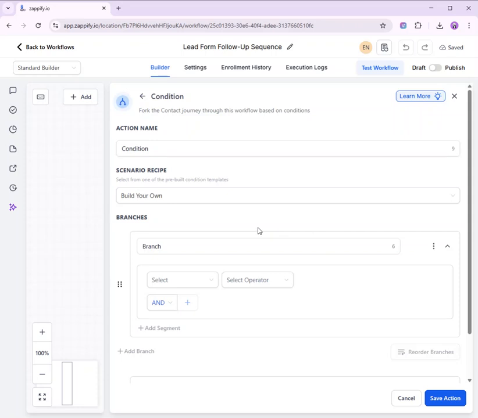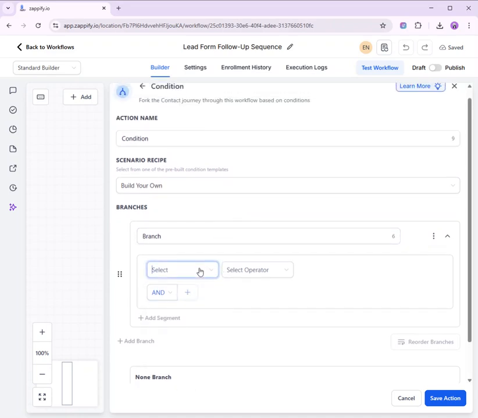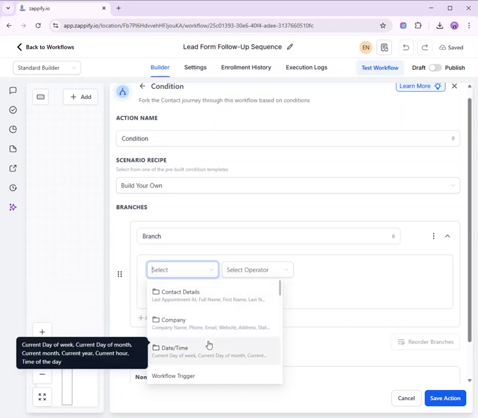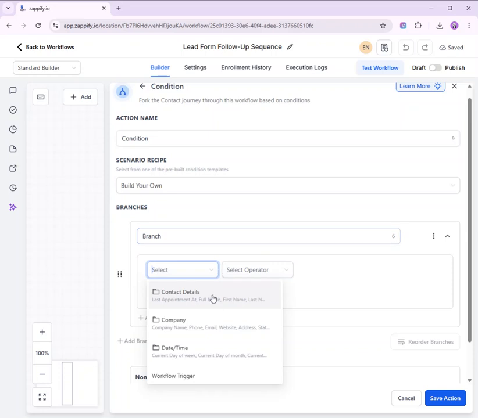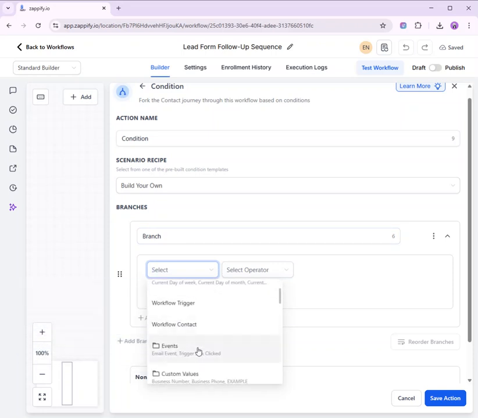So you can set your condition based on contact data or behavior. Let's say for example, we're gonna find some tags.